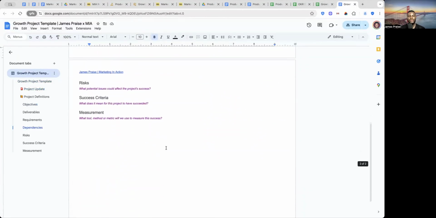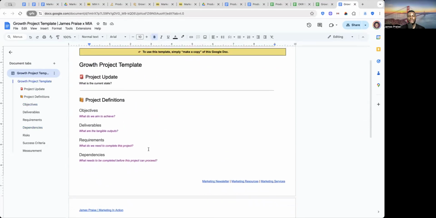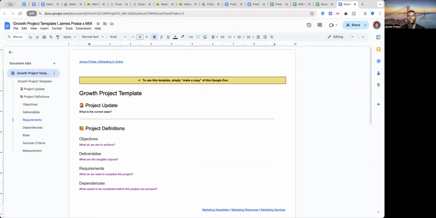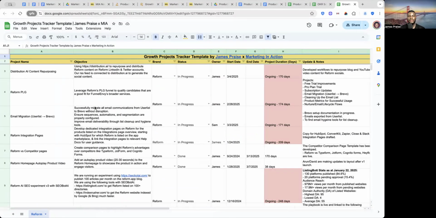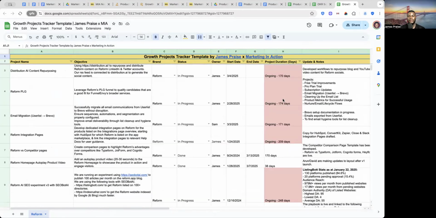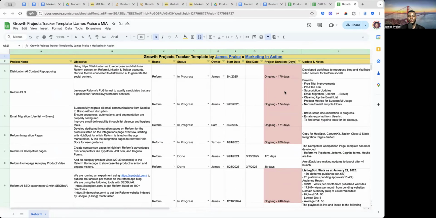If you want to define your projects and tie them to objectives, deliverables, KPIs, basically for project management, even if you're doing growth or whatever type of marketing you do, this is a template that will be very useful to you. And that template also has a spreadsheet version that helps you to monitor the progress of your project, and it gives you signals if you've gone beyond the project duration that you initially